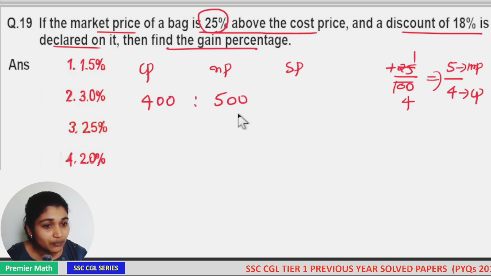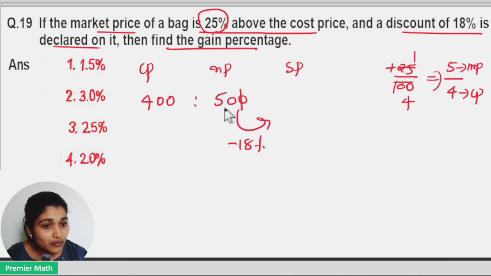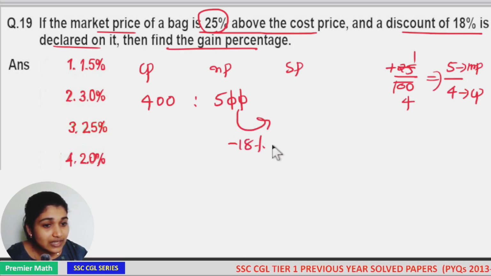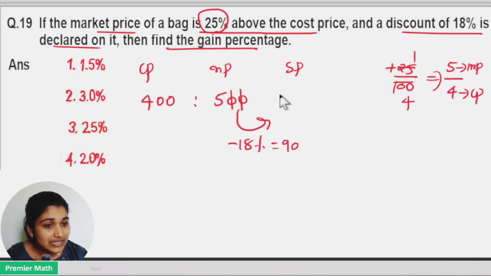Now ratio is same. Now here discount is 18% on the marked price. 10% of 500 is 50 and 1% is 5. Then 8% is equal to 8 into 5, 40. So 50 plus 40, 90 is the discount. 18% is 90 rupees from this 500 rupees. So here 500 minus 90 is equal to 410 rupees is the sell price, which means here